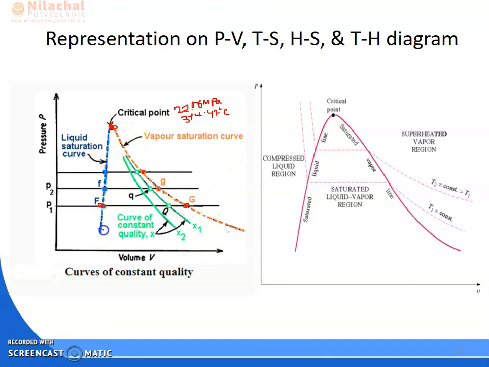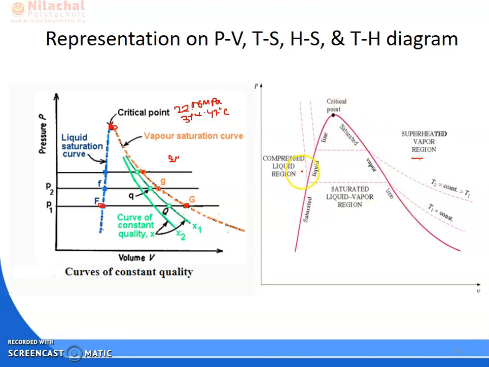This blue color line is known as the liquid saturation curve, or saturated liquid line. This orange color curve is known as your saturated vapor line. The region on the right side of the saturated vapor curve is known as your superheated region. You can see here, this region is your superheated region, this is your saturated vapor line, and this is your saturated